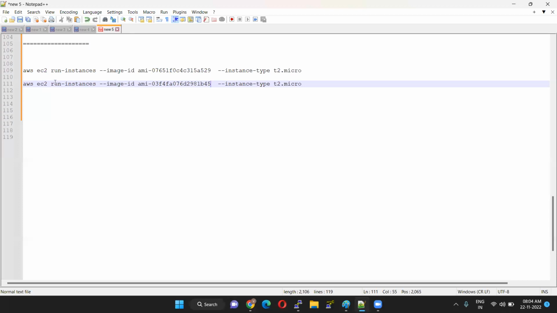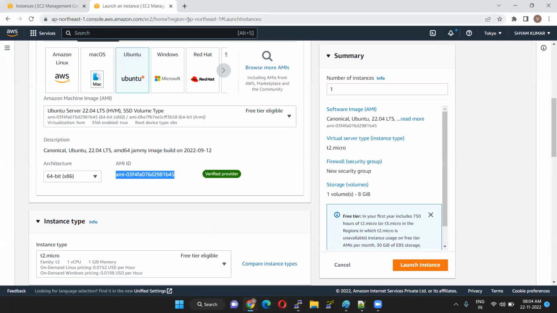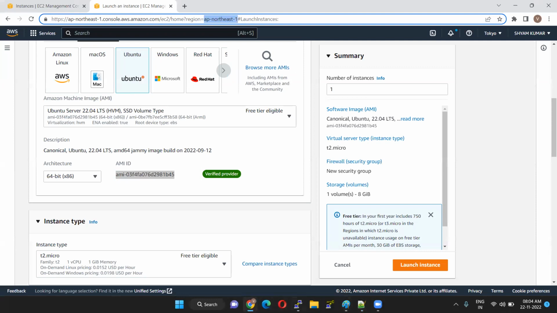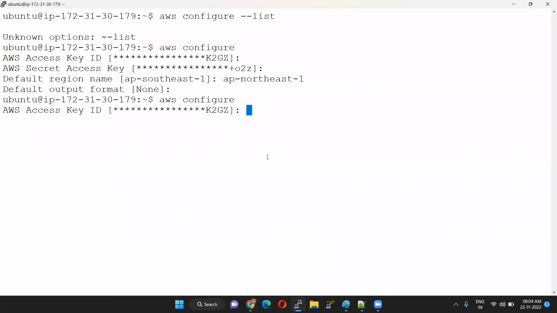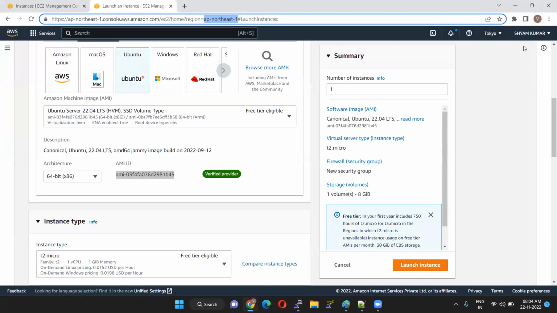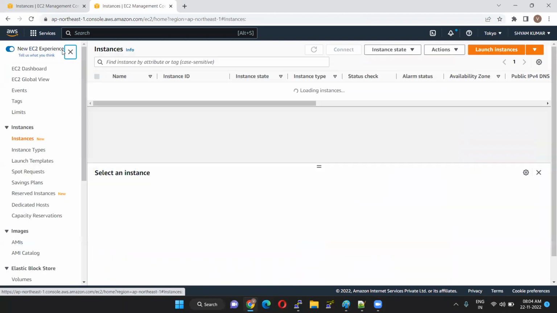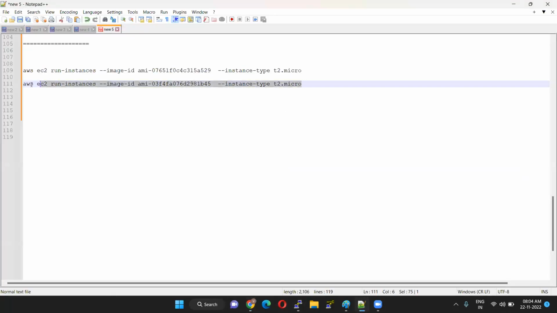Now if you want to run the same thing in the Tokyo region, currently we are in the Southeast region, so we just need to update this. Go here, Northeast 1, and just update the region name here. That's it. If you do the same configure option, the access key will be the same. Previously it was in the Singapore region, now we have updated to the Tokyo region. Now we click on instances, and we don't have any instances. So if you run the same command here,